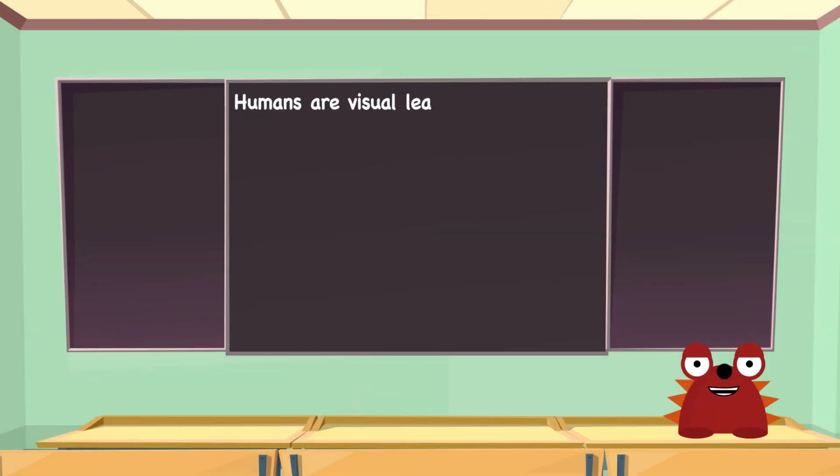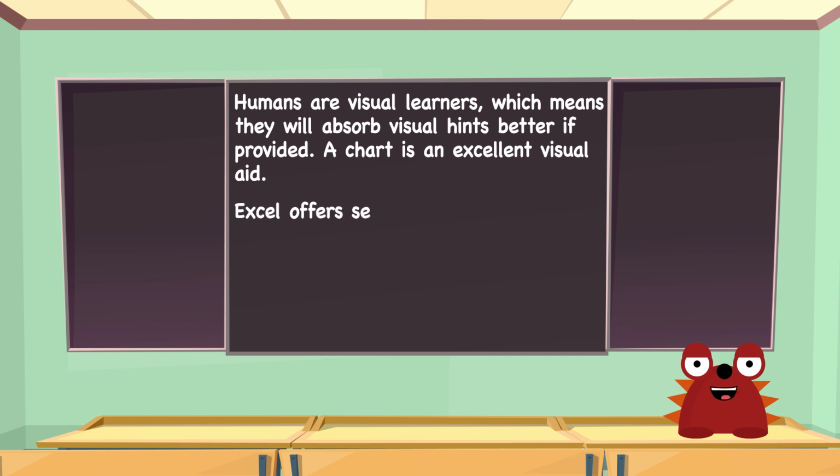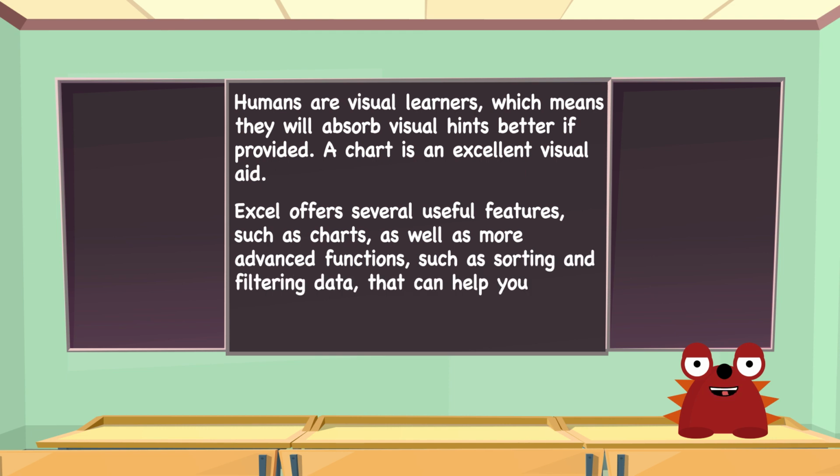Humans are visual learners, which means they will absorb visual hints better if provided. A chart is an excellent visual aid. Excel offers several useful features as well as more advanced functions such as sorting and filtering data, which we will be learning about in detail in this chapter, that can help you deal successfully with a large amount of data